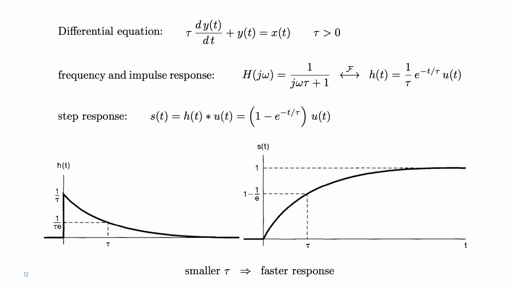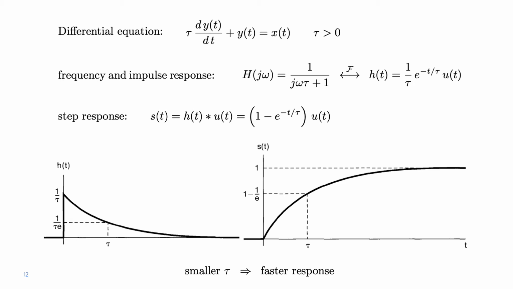So what can we say about first order systems? In terms of impulse response, the response to an impulse is basically a sort of spike that then decays. The system responds to an impulse with a spike, and then such spike decreases, goes to zero, not instantly, it takes some time. Something similar happens for the response to a step. If we give a step as an input to the system, then the response s of t is something that looks like a step. It's a signal that eventually converges to 1, but it takes some time.